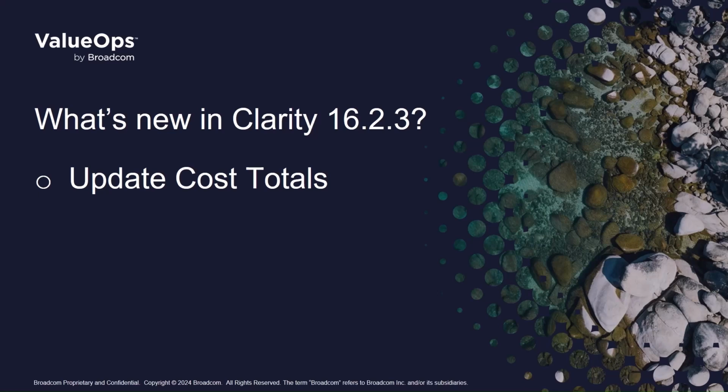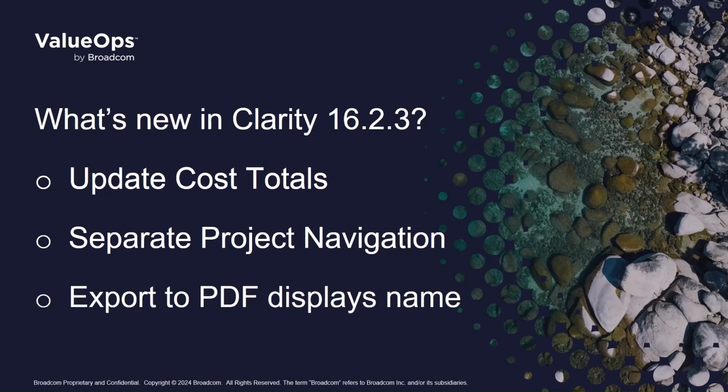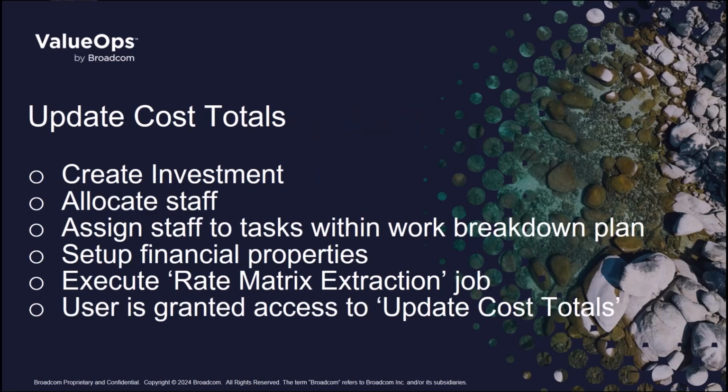information to execute work. Clarity no longer requires the classic navigation to access projects in the new user experience, providing a true separation for user access between Classic and Clarity. Providing the investment name or roadmap name when exporting the timeline layout provides the required information to clearly identify and organize the information exported. As a prerequisite, the investment must be set up with staff members and task assignments and